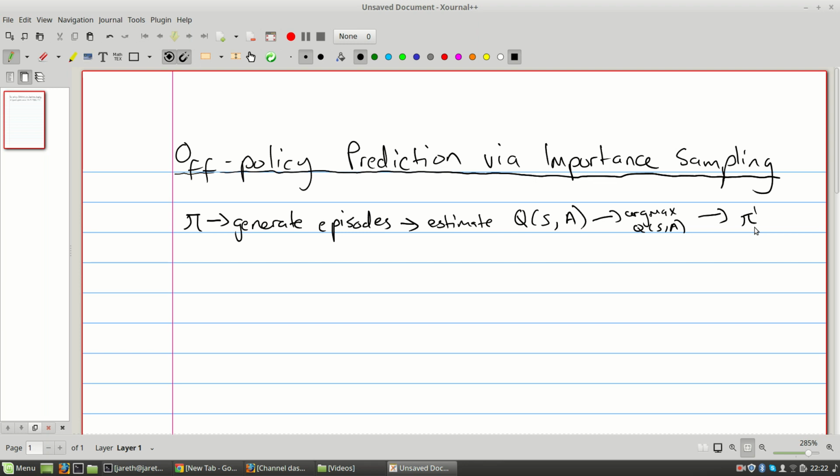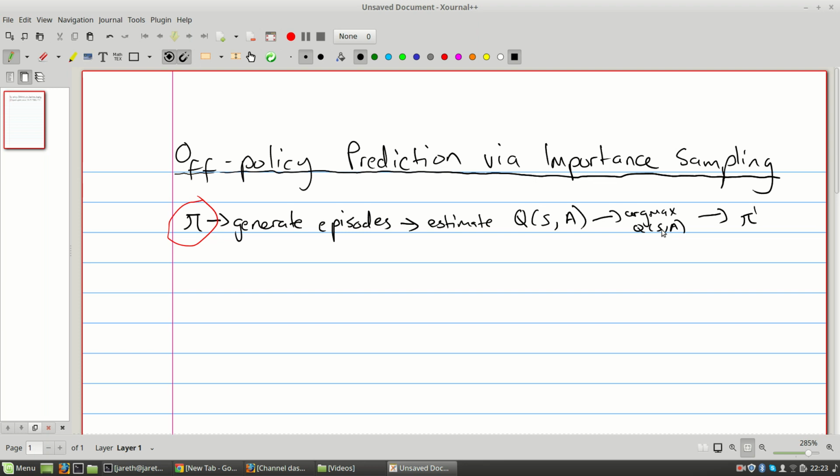So this was the idea, but the problem is this: when we look at this sequence, we see that all the actions that we're evaluating and the argmax that we're taking are all dependent on pi. So if pi does not explore some state-action pairs, those pairs will not be present when we're making our decisions. So we end up acting suboptimally if we follow this sequence. This was one of the problems that we saw in the previous lectures.